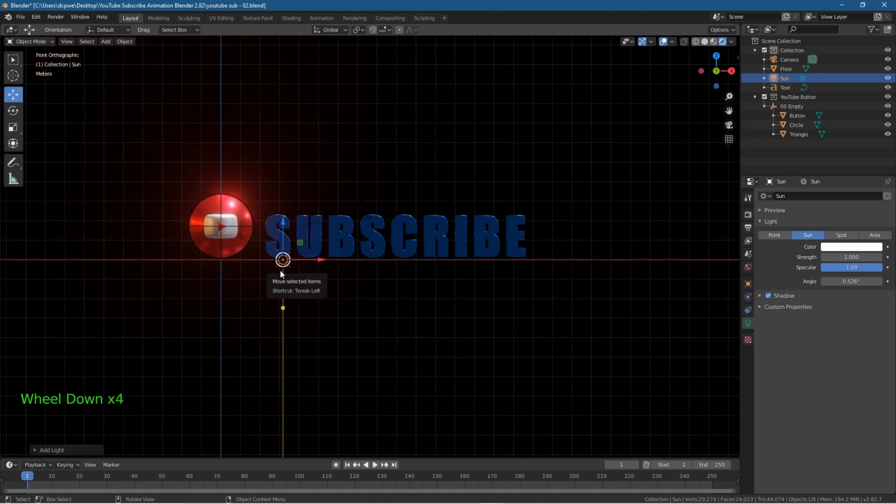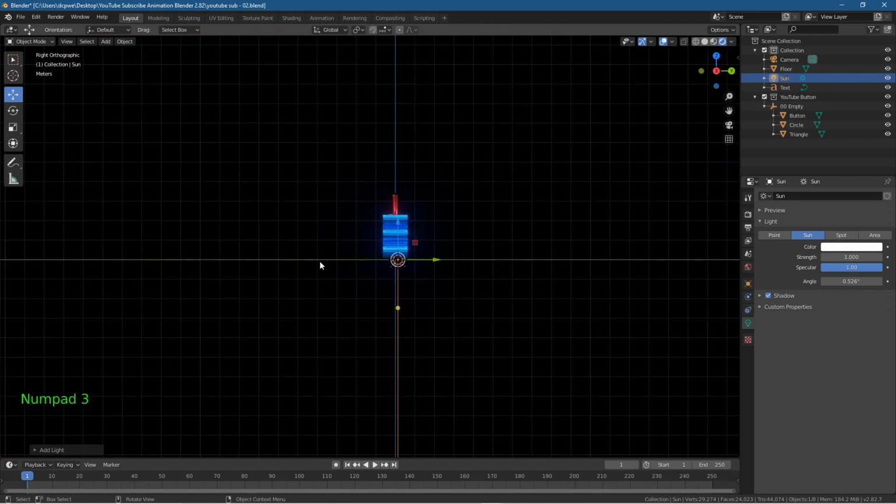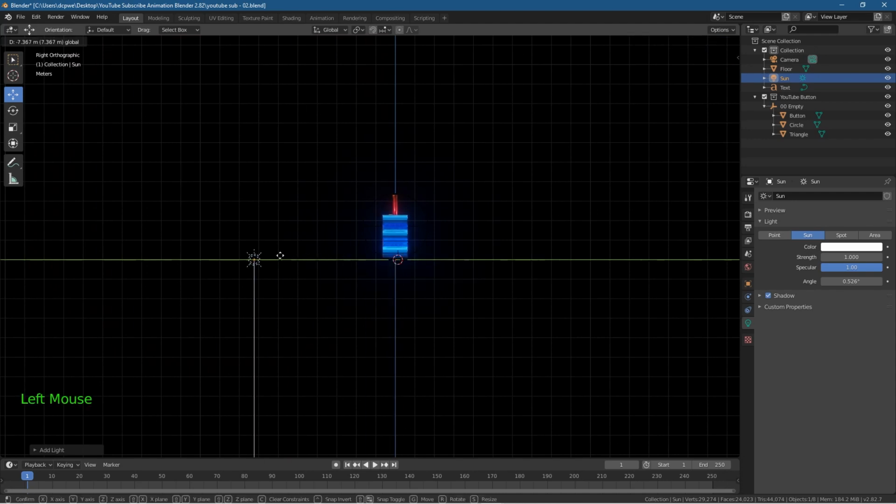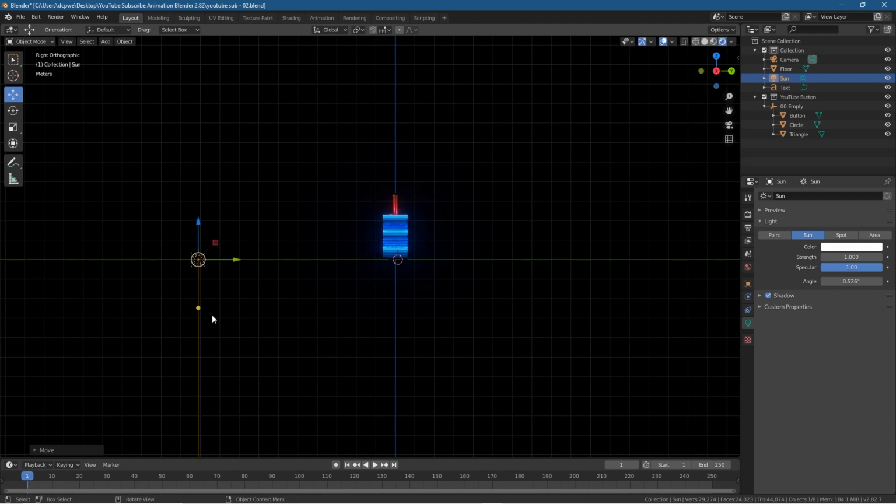So let's see, in fact, this is the front here, right? So let's press number 3. Number 3 will take us into the right orthographic. And we just drag this way. Let's drag it this way. And then we'll click on this yellow handle, or this little yellow dot, and we want to rotate the sunlight